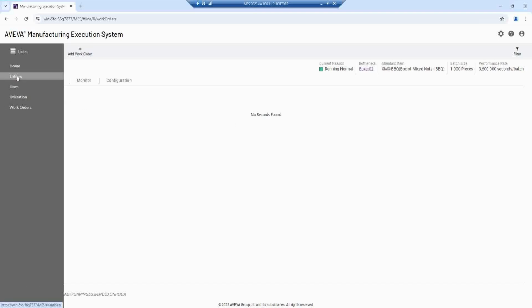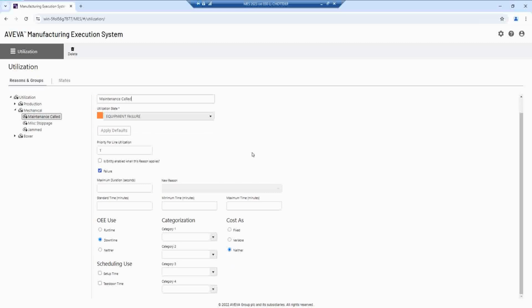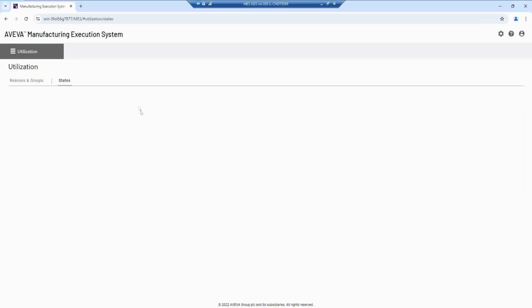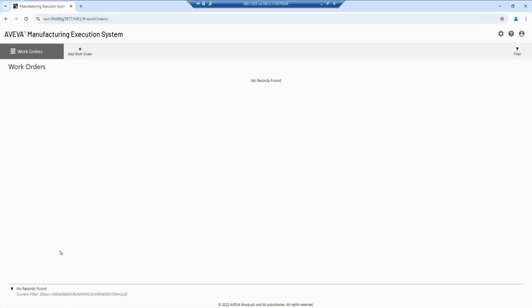Unfortunately, we don't. So let's look at our utilization. Okay, so we don't have any work orders, but this is the MES performance, which is accessed via the MES web portal.